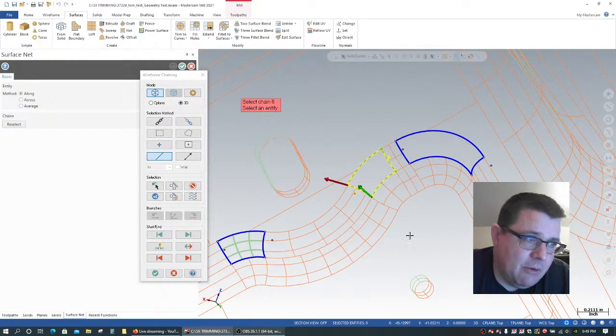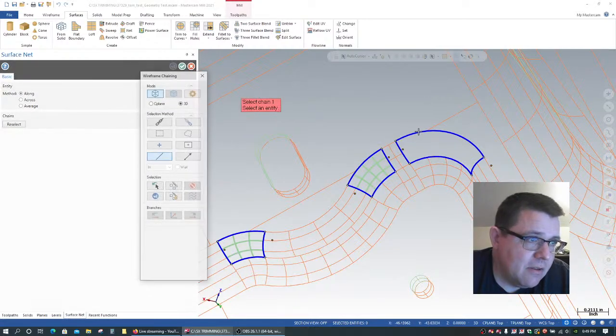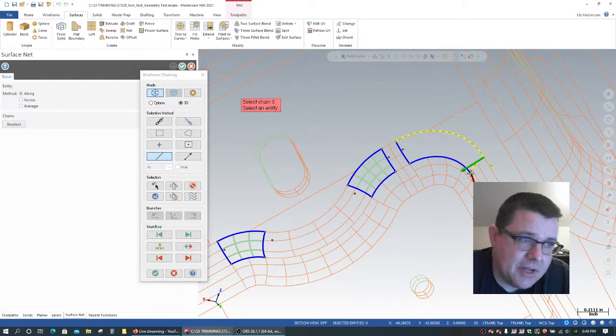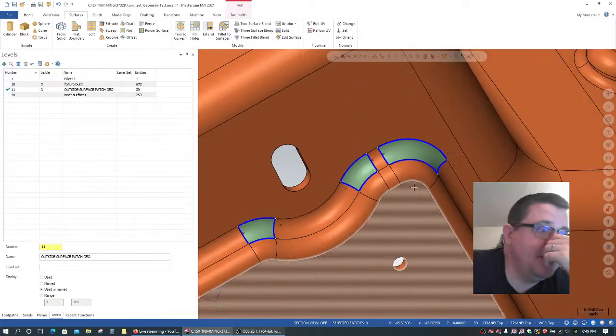So this is the way that I would typically go about fixing a part like this. I would actually create surfaces from it. I would create surface patches,